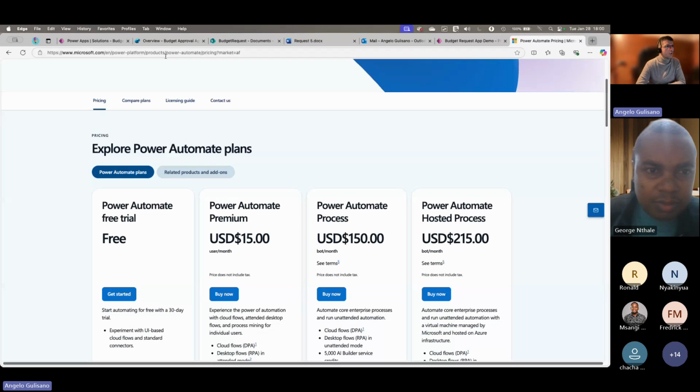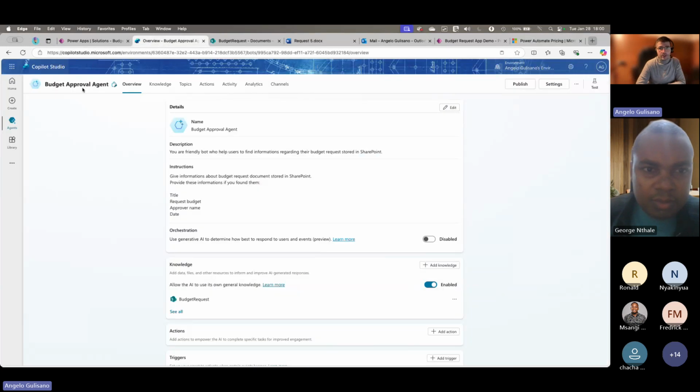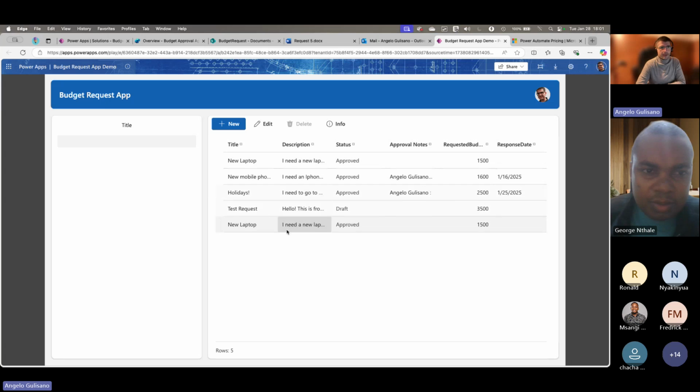Of course, I wanted to show the agent, but if you want, you can, for example, build some functionality around your application, for example, to show the approved request, to get the document. So it's not really necessary in this case to have the chatbot.